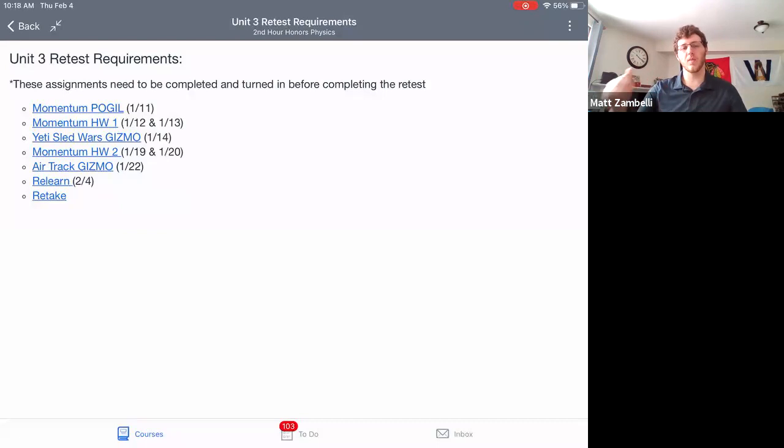But the longer you wait, the more difficult it's probably going to be for you, because it means you had a longer time to forget some of the information, maybe those nitty gritty little details, which means you might forget a little bit more and might not do as well as you would hope. So if you are trying to do it, I would recommend you do it sooner rather than